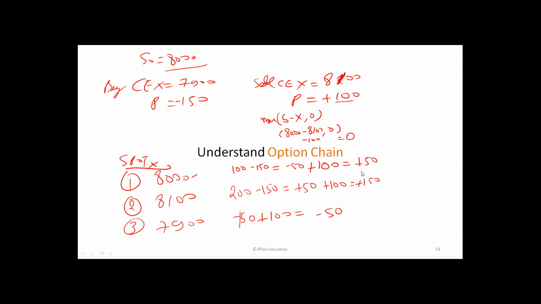So in the first case, on the buyer side, we have a loss of 50. Why? Because you are buying at 7,900 and the market went to 8,000. So these are two different contracts. The same guy, let's say,